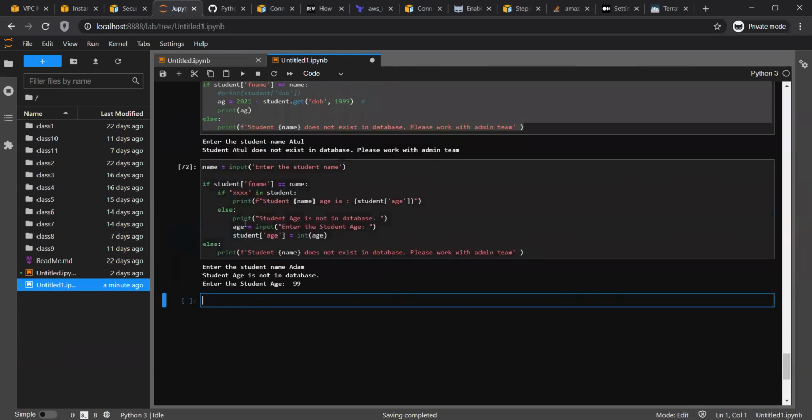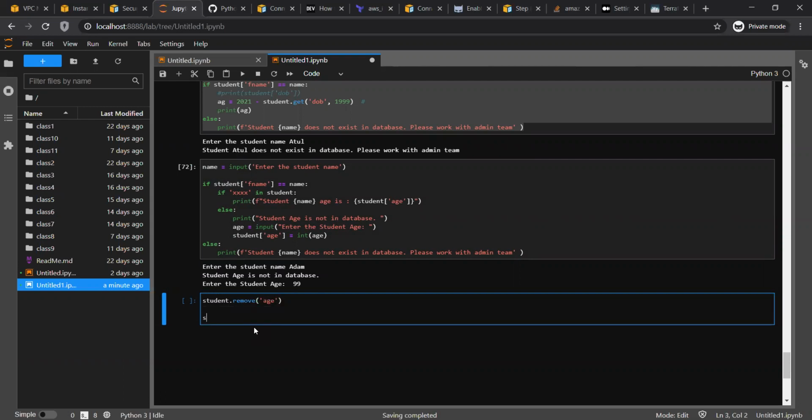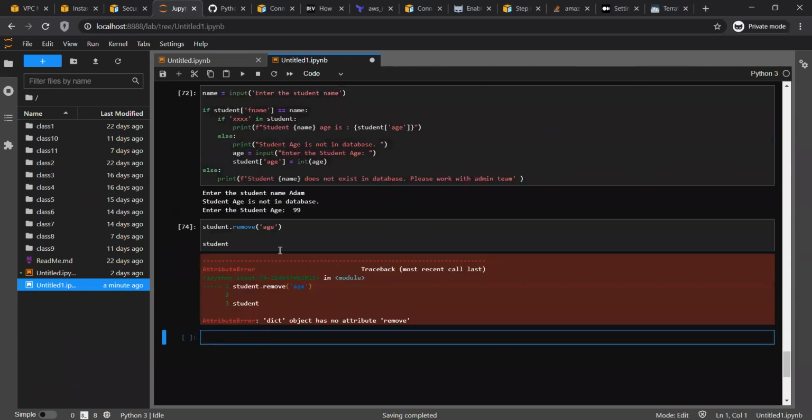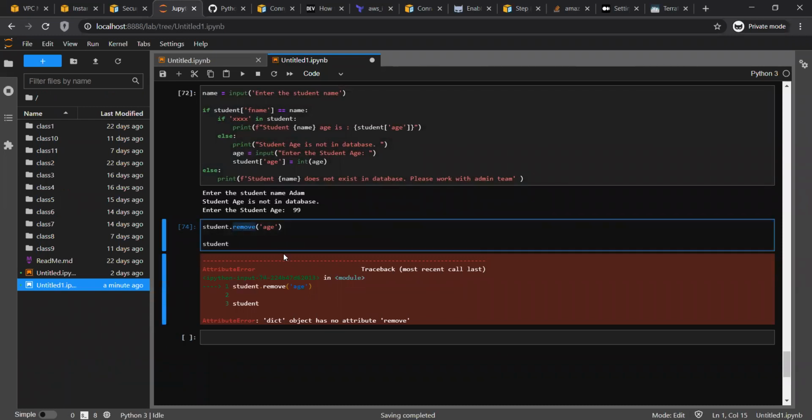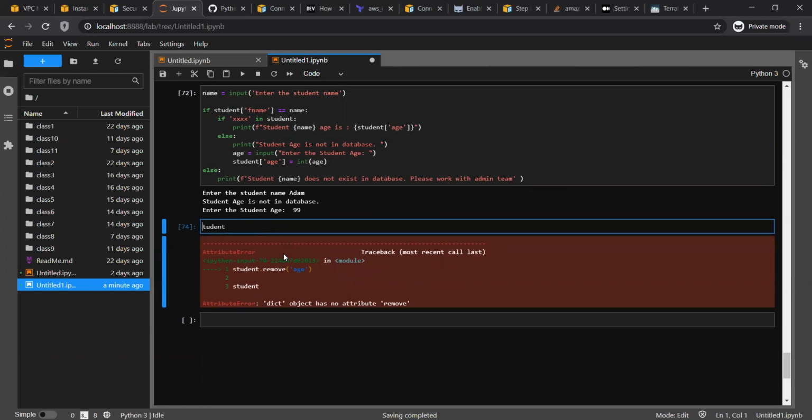And there are a few more methods. The remove method is there as well. What it will do, it will remove a particular key. Okay, so if I'm going to, oh, one sec, I think that was a del.